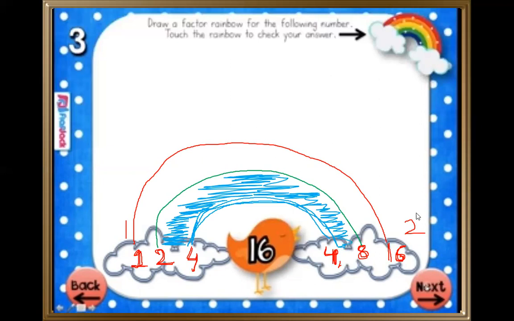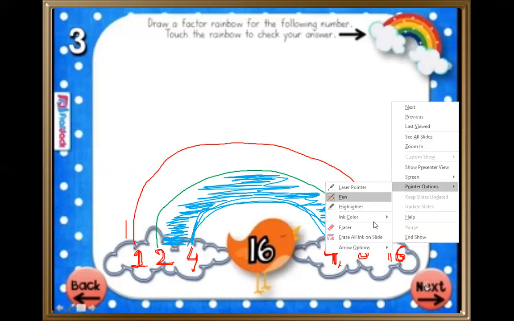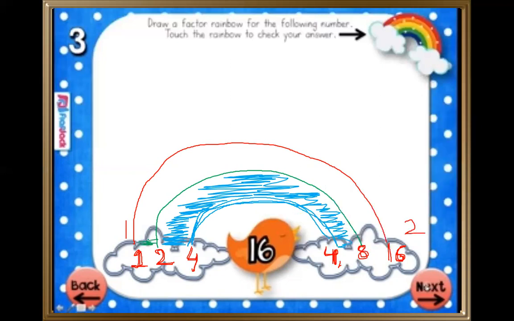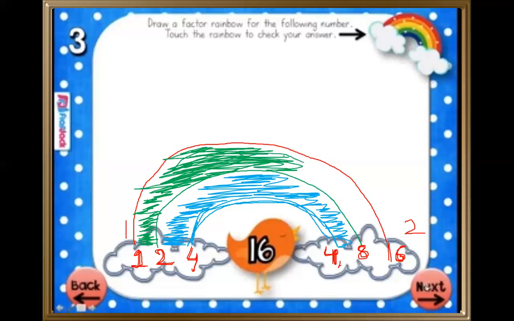You can draw it in your notebook also. Whenever you are finding the factors, you can draw it in your notebook. Then I have to shade a green color so that it gives a rainbow effect. So this is just an activity. After finding the factors, you can draw a rainbow for every number. You can keep your rainbow factor as a record in your notebook. It is easy to learn the factors. This is basically an easy concept to learn the factors.